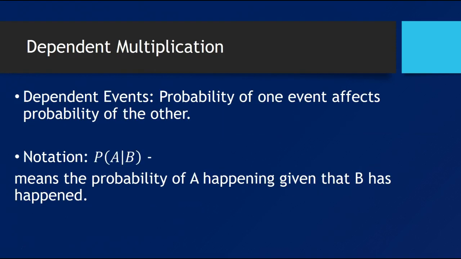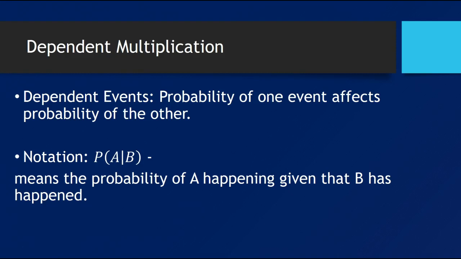All right. So again, we're going to figure out a rule for dependent multiplication. And really, it's a dependent division. But if you remember from back in your algebra classes, multiplication and division are really the same thing. Multiply by a half, divide by 2, you get the same result. Now, we want to start with something